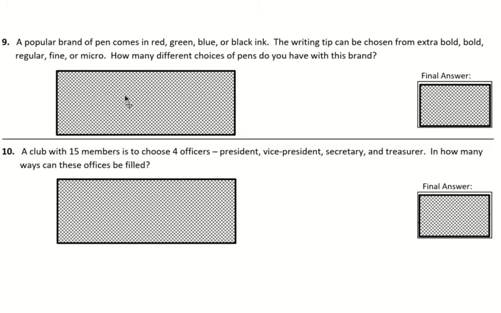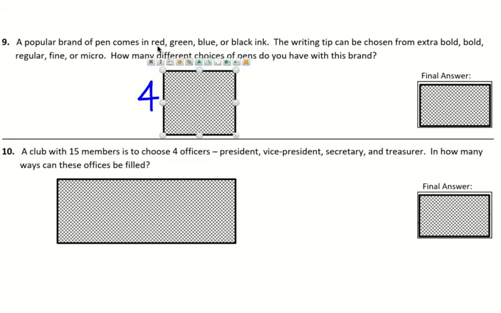Unless you want to list all these different outcomes by hand and count them by hand, no thanks. Because, and this is the counting principle because you are going to choose a color of ink, which can happen